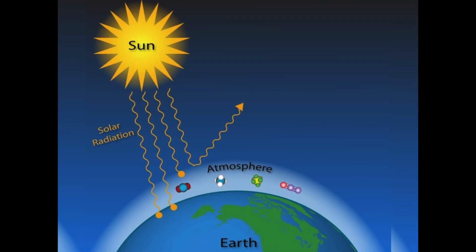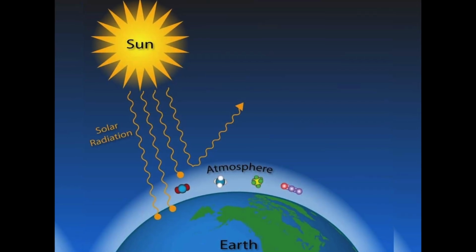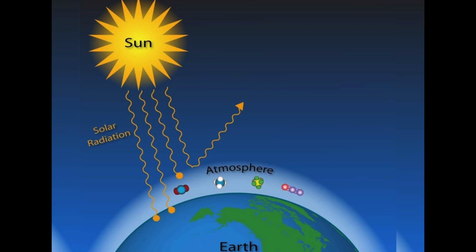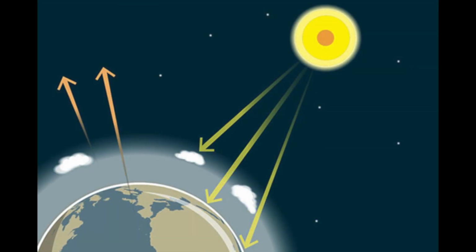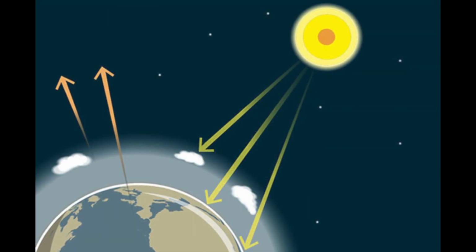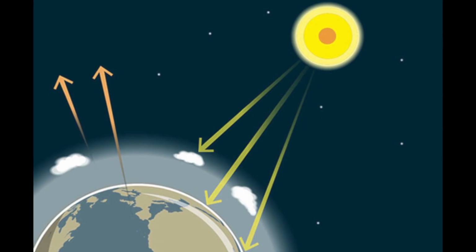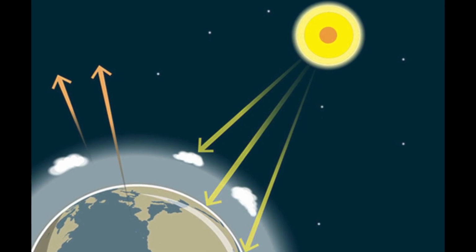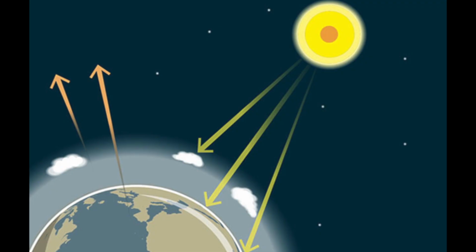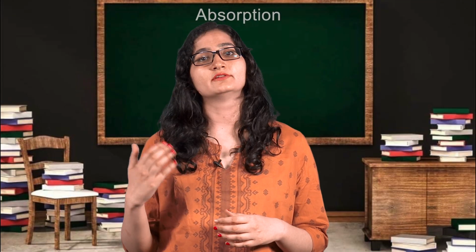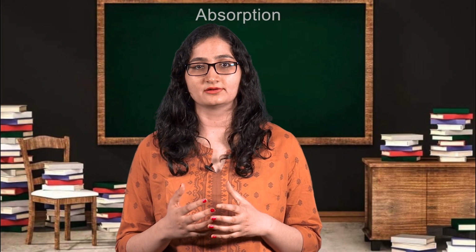In fact, water vapor is the most effective regulator of the surface temperature of the Earth. This effect of the atmosphere is known as the greenhouse gas effect. In a greenhouse, the glass walls or the glass roofs allow the shortwave solar radiation to pass through them, where it is absorbed by the ground and converted into heat. But the long wave terrestrial radiation is not allowed to escape the roof and the walls of the greenhouse. Thus, the heat inside the greenhouse is maintained.